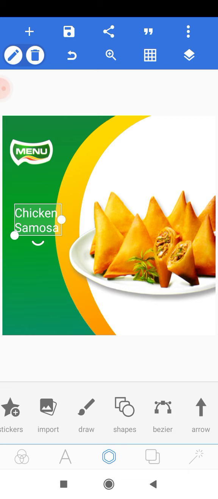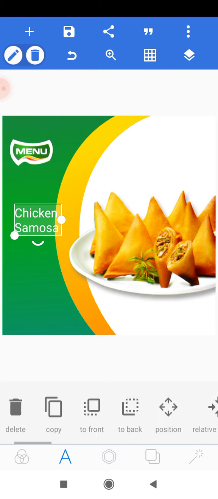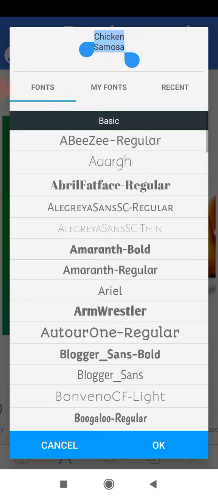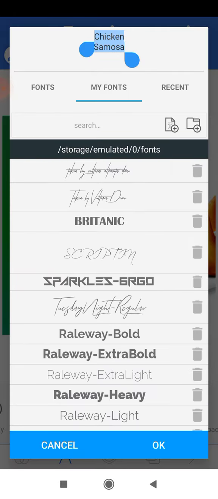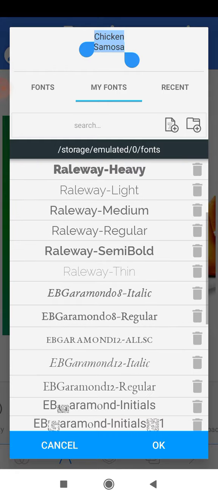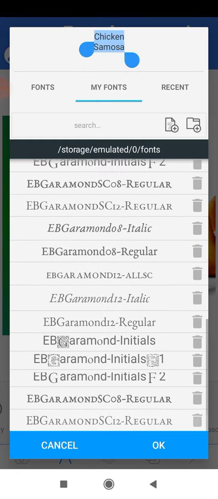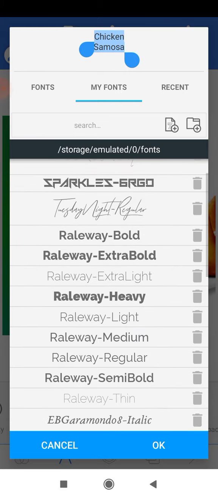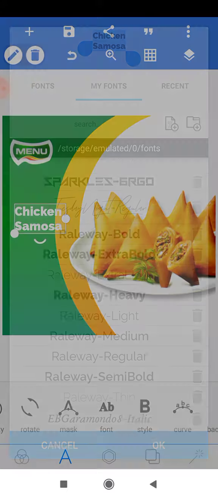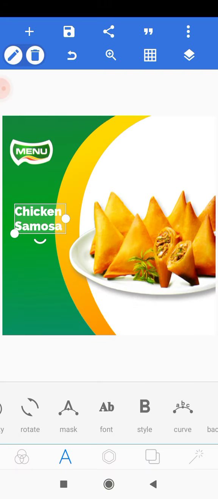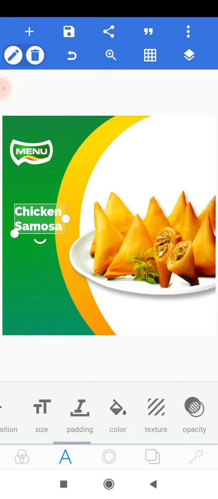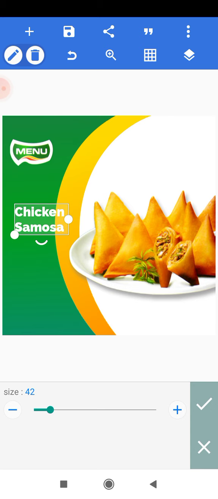Now the next thing we want to do is to change the font size and the font style. So we'll head on to the font option, and then we change the font to something bolder. I'll use this, but you can use any font that is suitable for you. So I'll use this, and then I will increase the size a bit. Yeah, I'll increase the size a bit,